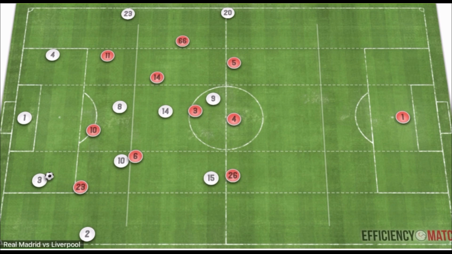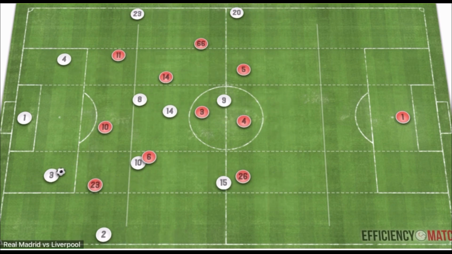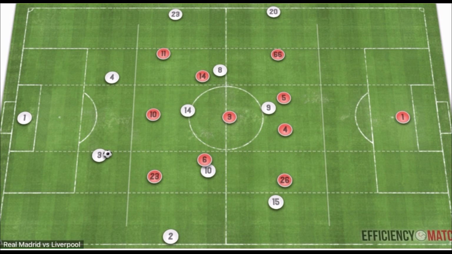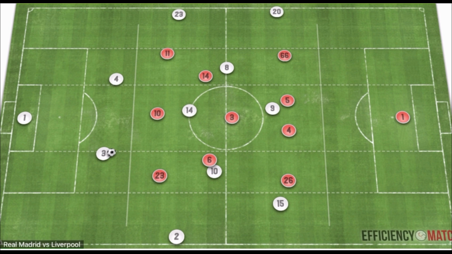Now moving into the midfield third for Real Madrid in possession, we would still go with the base shape of a 4-3-3, as we see here, with a very fluid midfield. And then for Liverpool, also countering the 4-3-3 of Real Madrid with their own 4-3-3. We'll look at a few instances of how Real Madrid were able to progress the ball and how Liverpool were